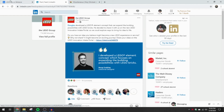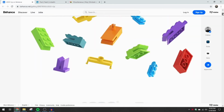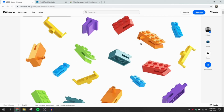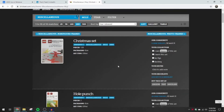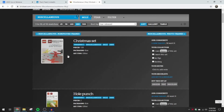Definitely going to be keeping an eye out for something that looks like this. And we are seeing something similar in Lego Art, where there's the wall hanger element, but nothing really along these lines to date. The one thing I want to add in here at the end is something called MUJI, which was a couple of specialized products back in 2009 to 2011,